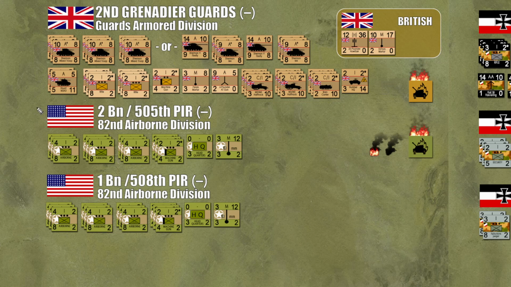Here are the two primary American units that are involved in this part of the Battle of Nijmegen. We're looking at 2nd Battalion of the 505th and 1st Battalion of the 508th Parachute Infantry Regiments. They are both, of course, part of the 82nd Airborne Division. Now again, we're not including units like 3rd Battalion of the 504th. That's going to be the attack across the River Vaal. That is further to the northwest, and it takes place the next day, so we're not including them in today's